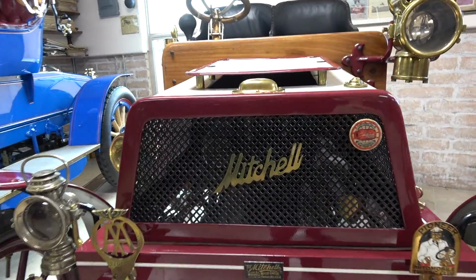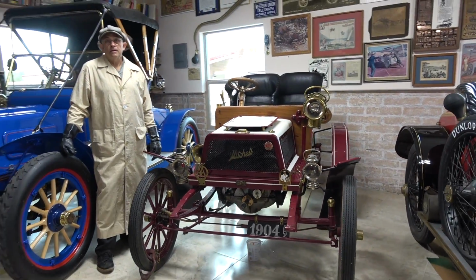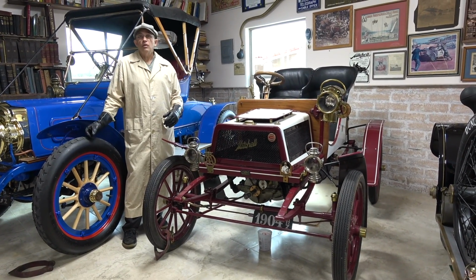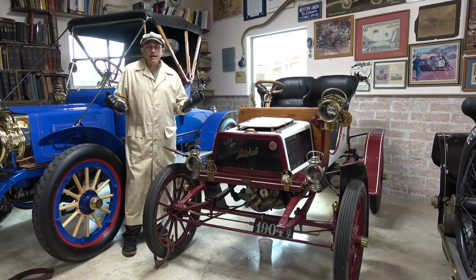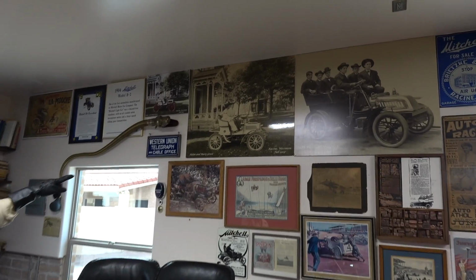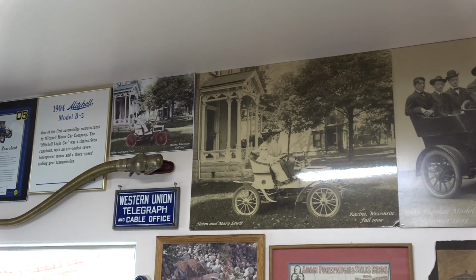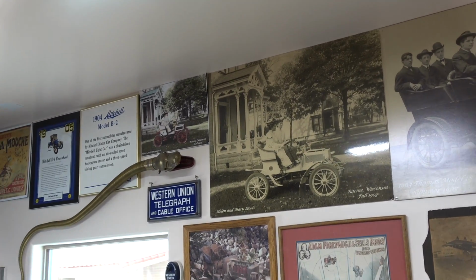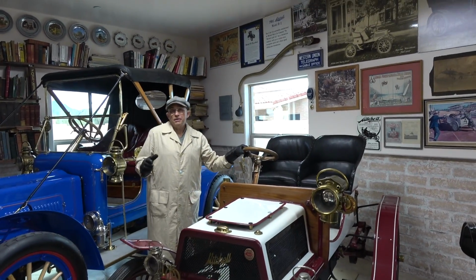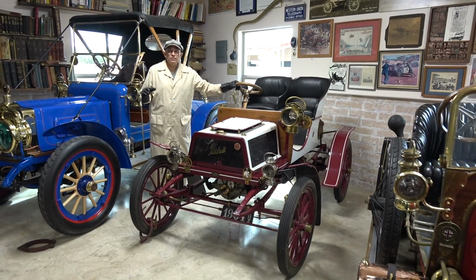Now here's a 1904, just a year later, and look how small this little one is. Tell us what we have here. This is a 1903, 1904 model year, production year vehicle. One of the very, very first that Mitchell ever made. This vehicle is that vehicle in front of the Mitchell Mansion in Racine, Wisconsin. And those are the two wives that were seated in the car. They were in the car for that picture to let people know that, hey, women could drive this nice little car. This little car is a 20 to 25 mile an hour car, little 2-cylinder, very, very